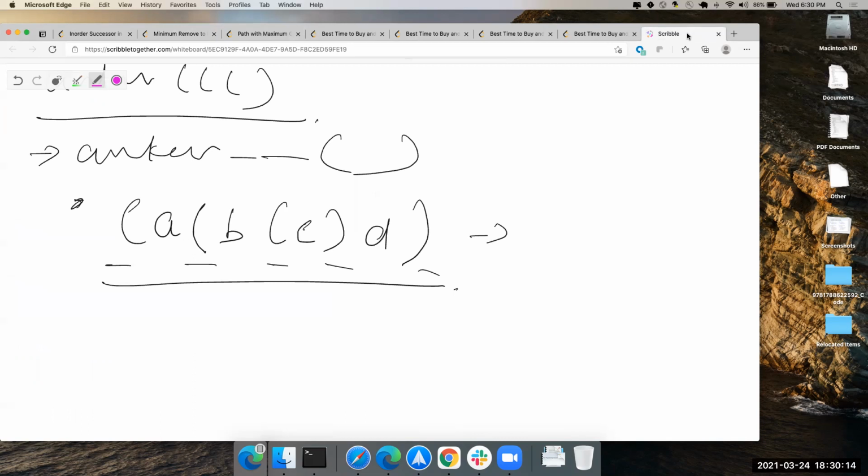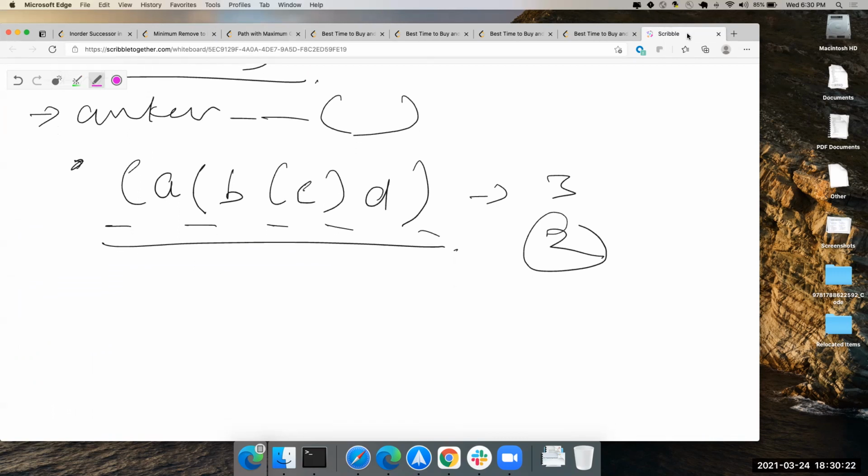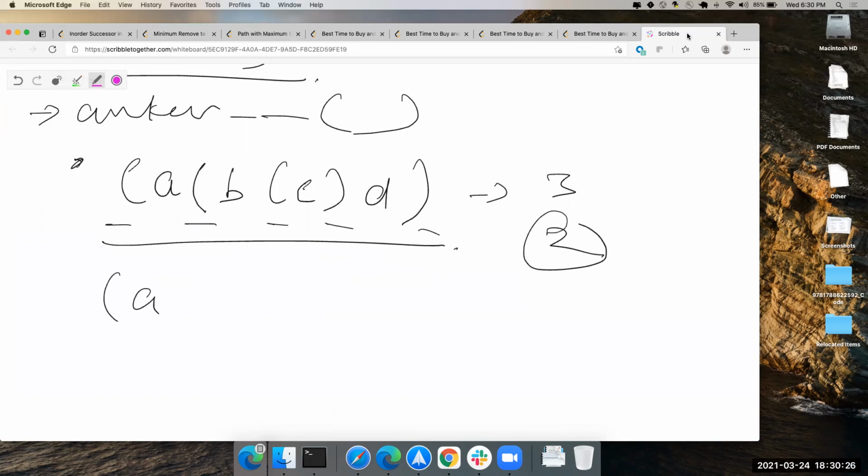How many open do you have? You have 1, 2, 3 open and 2 closed. So you need to remove 1 open so it's 2 open, 2 closed. Right? So you can add this A, you add this B. You can walk from it backwards or walk to it forward and remove it either way. It is still balanced.